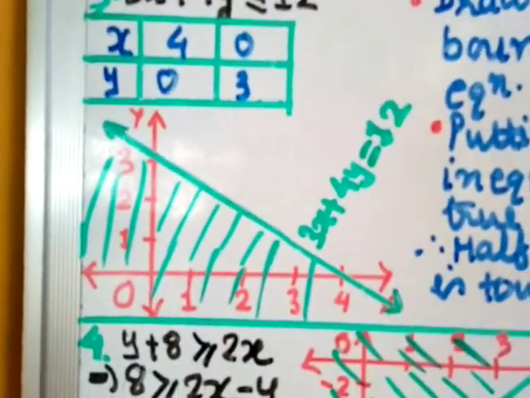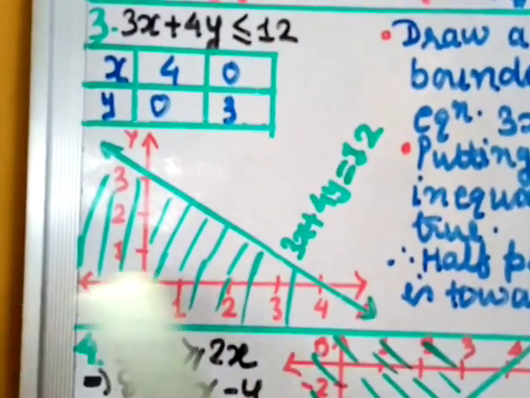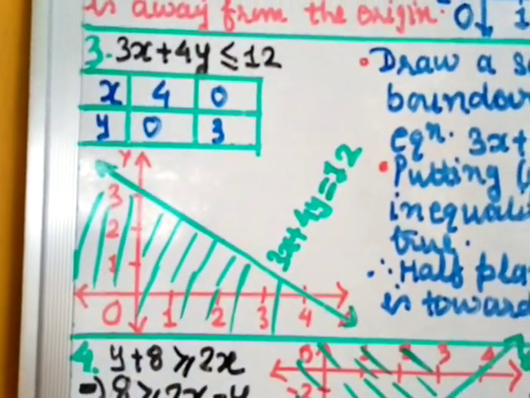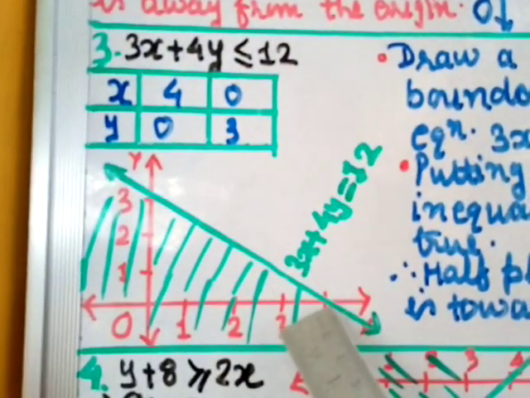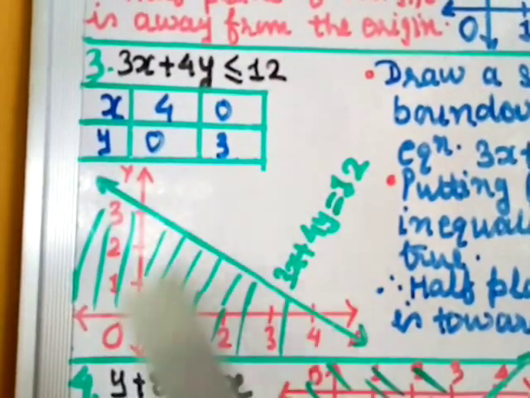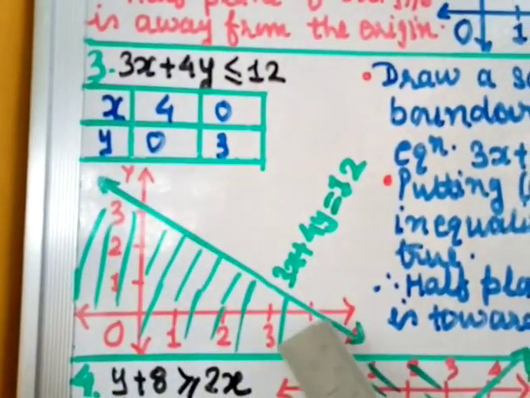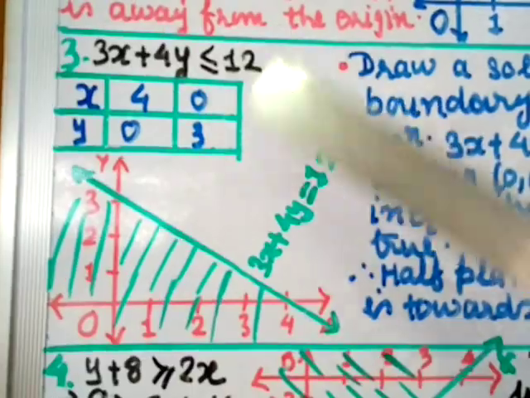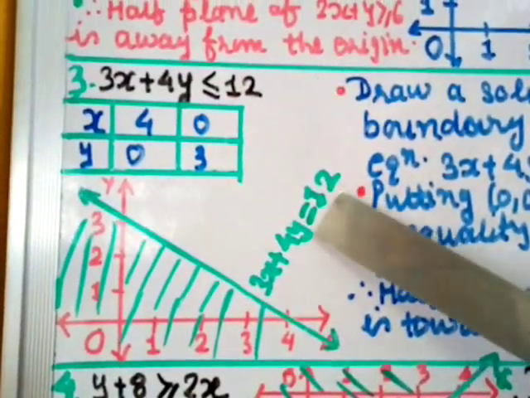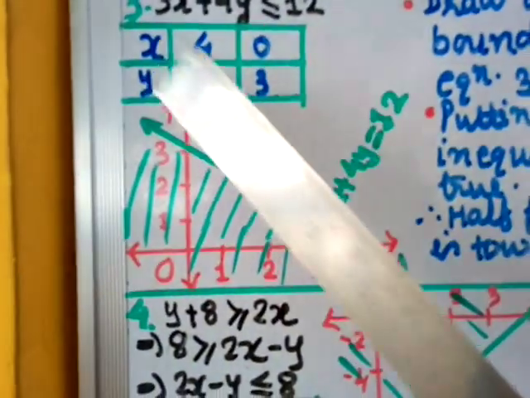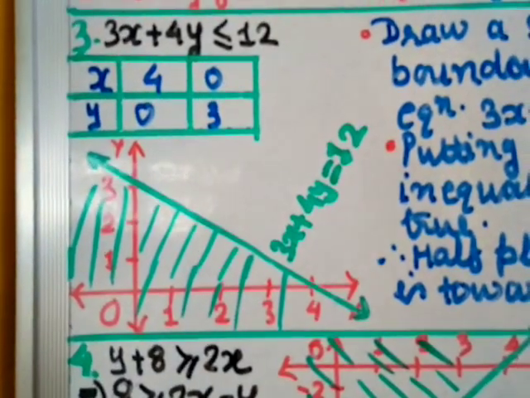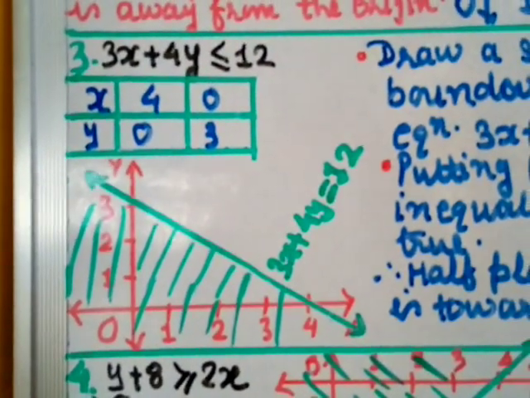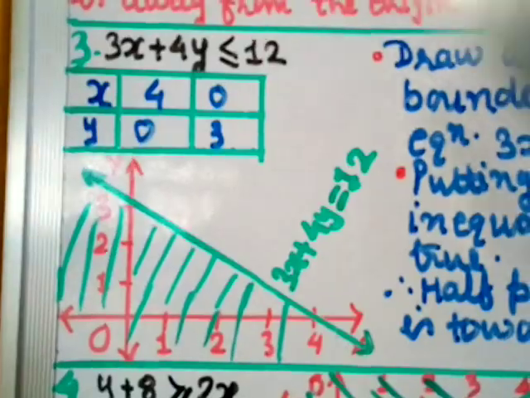Now let us plot the graph on a Cartesian plane. So this is the x-axis, y-axis, both are positive. So I am taking the first quadrant alone. Now when x is equal to 4, y is equal to 0. So this is the point. When x is equal to 0, y is equal to 3. So this is the point. And join these 2 points, so draw a line. The line is 3x plus 4y equal to 12. Everywhere I have written the line. Here also it is written, and here also less than or equal to. So you will draw a solid line, a line which is not dashed. Now here we have to check which is the solution region, either the upper half or the lower half.